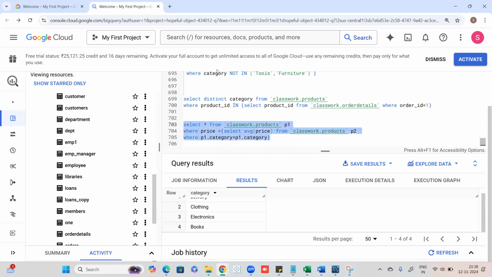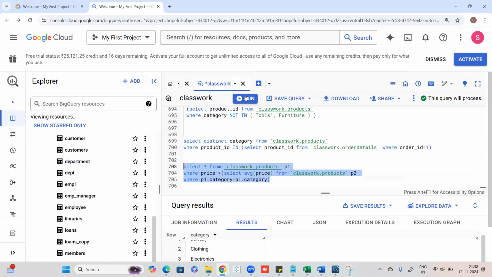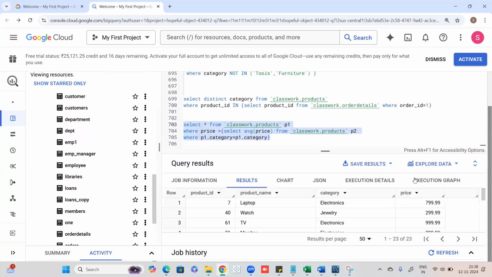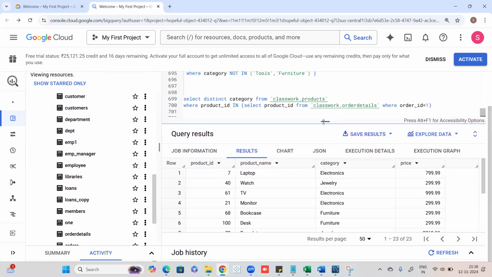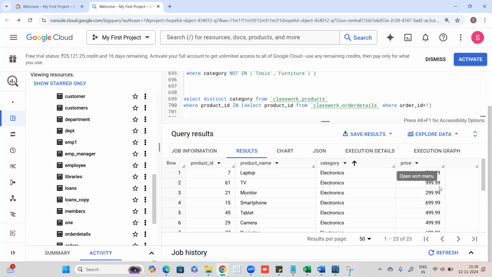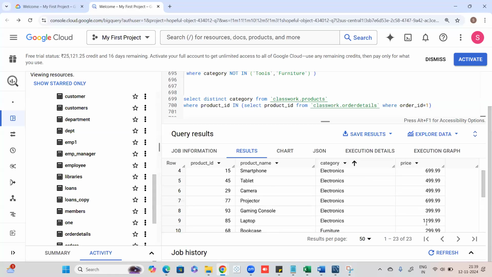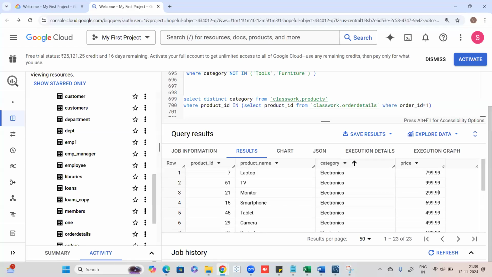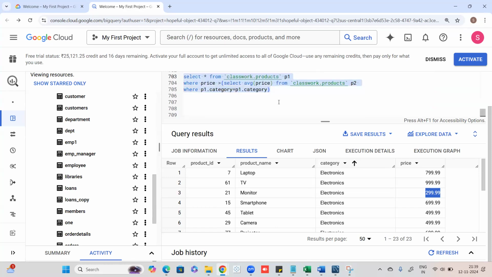Yes, so let's run this and see. What's happening? If I just sort this by category, for electronics we have these 9 entries, and for all of them the price is greater than, I think, 299. The lowest price in category electronics, which is getting filtered based on the query, is 299.99. So what I'm going to do is